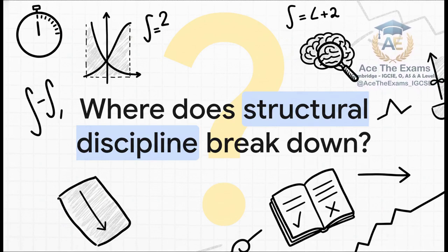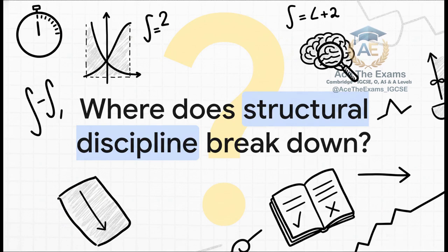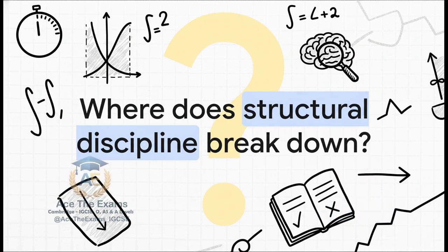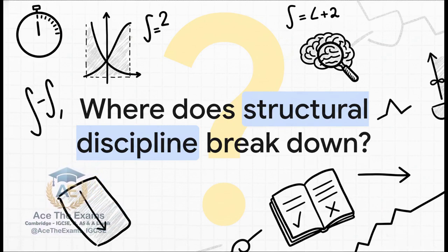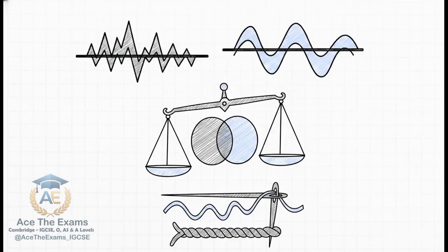I'm going to give you a mindful moment to think about this. As a hypothetical 60-second timer slowly counts down in your mind, I want you to scan that imaginary text. Where does the structural discipline break down? You're looking for the transition point between the processing phase, the math, and the conclusion phase, the evaluation. Where exactly does the student fail to provide that crucial evaluative link back to the original prompt? When reviewing your own work, you often have to look deeply for what is missing rather than simply confirming what is already there. Let's reveal the hidden gap.